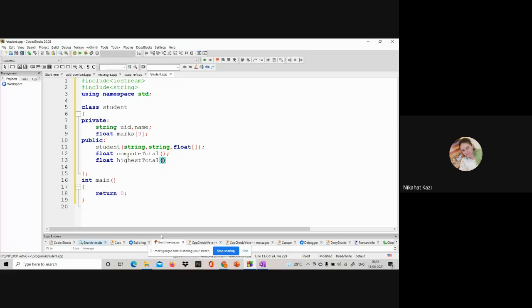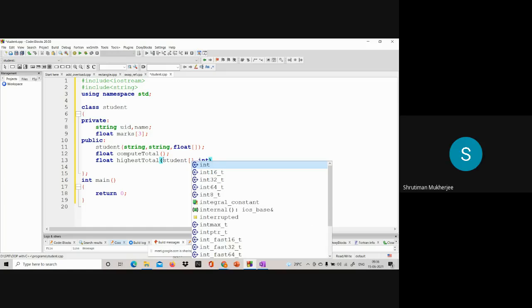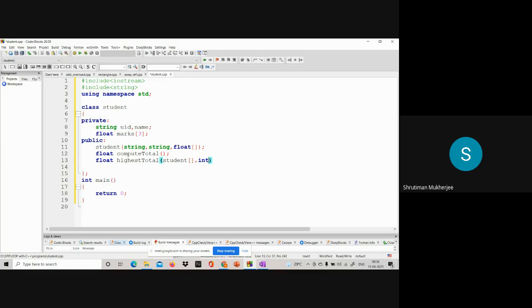For this, what will be the parameters? See, compute total is for each student, right? And float, this one is for the highest marks, so this will contain an array of students. Okay, so let us define these functions.